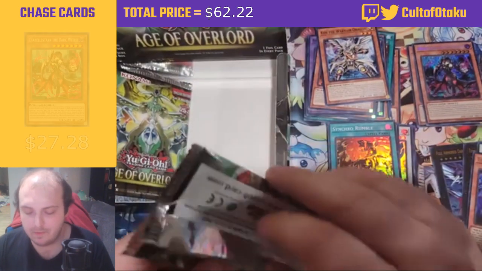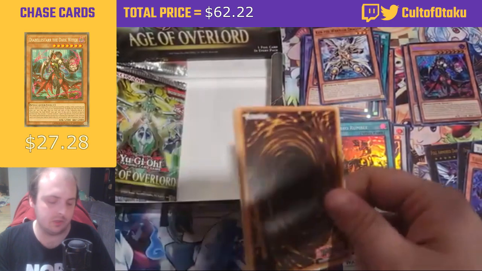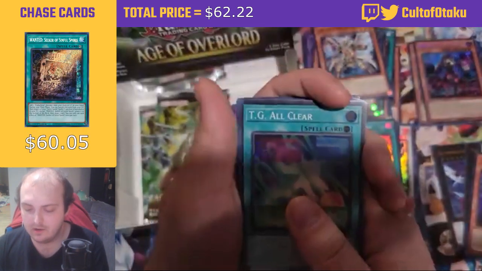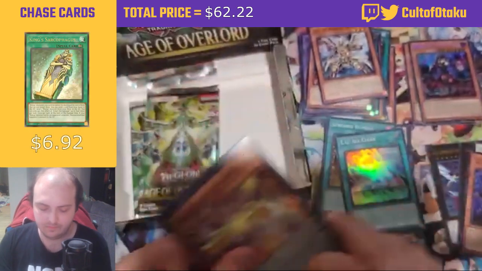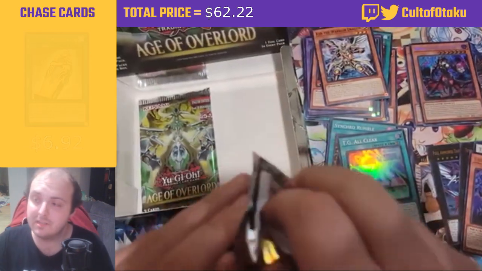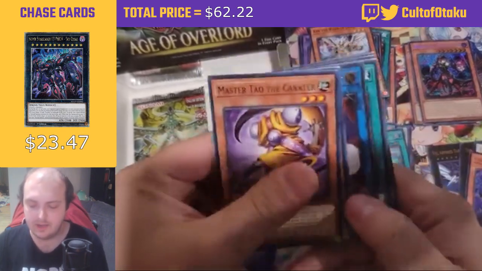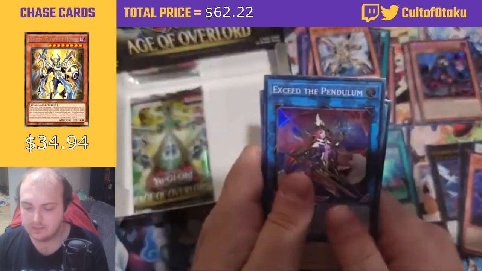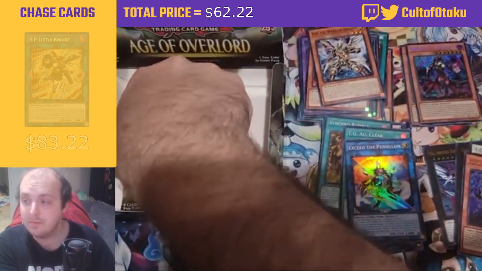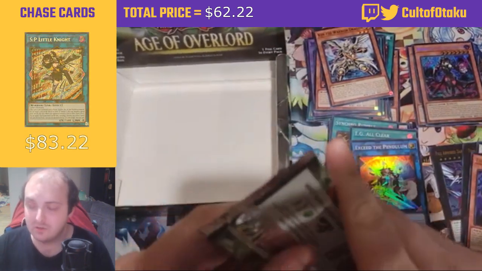But we have 3 packs left. We have gotten all our ultras and all our secrets, so I think we're just gonna skip through it and see what supers lie in wait here. TG all clear. And yeah, unfortunately, it would have been nice if the secret rare was at the end, but it do be like that. Oh, we got Exceed the Pendulum. Really? They made this a super? That's actually kind of crazy, because Beyond the Pendulum was a secret rare, and I pulled like too many of those on the